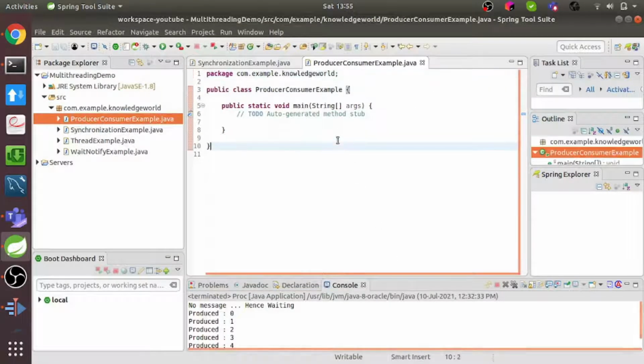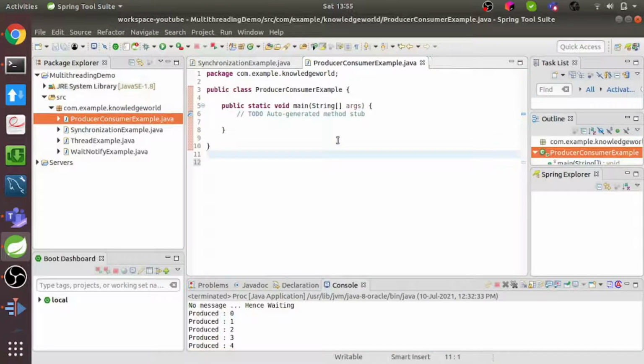First of all, what is a producer consumer problem? Basically, there will be two threads running parallelly. One will keep on consuming the elements and one is producing the elements. What do we mean by produce? Let's say there is a queue of fixed size. The producer will keep on producing elements to the queue and the consumer will keep on consuming elements from that queue. Now why is this a synchronization problem?